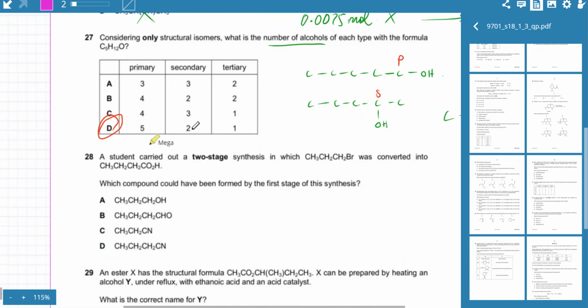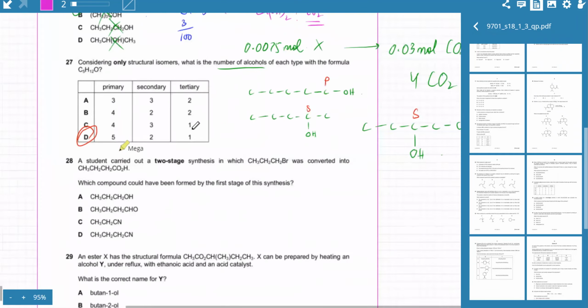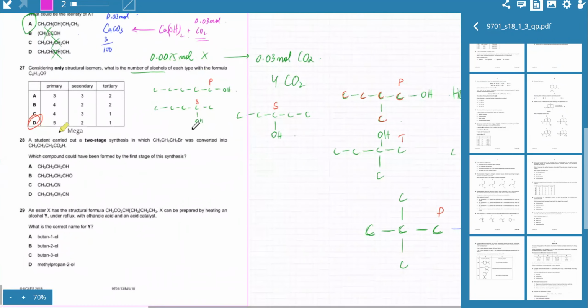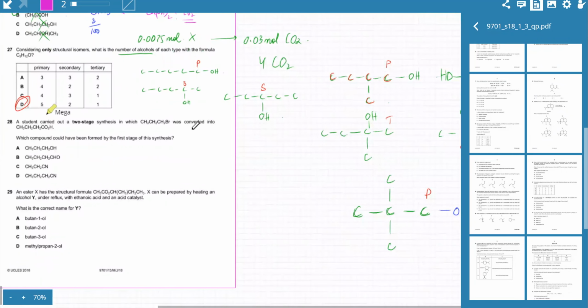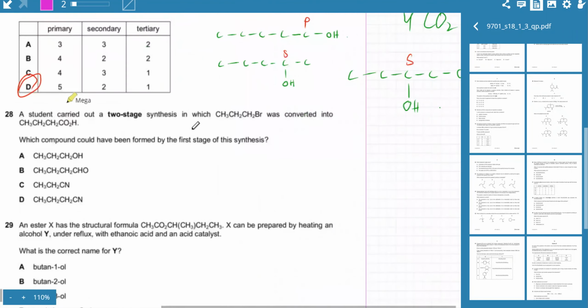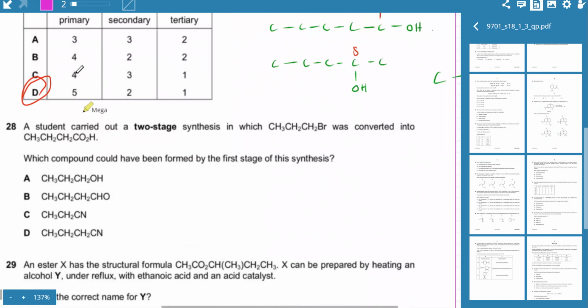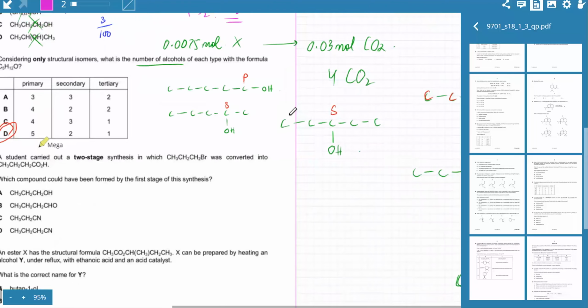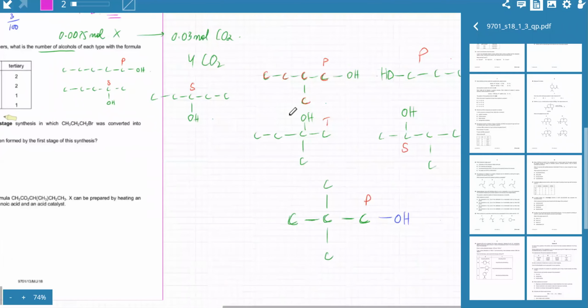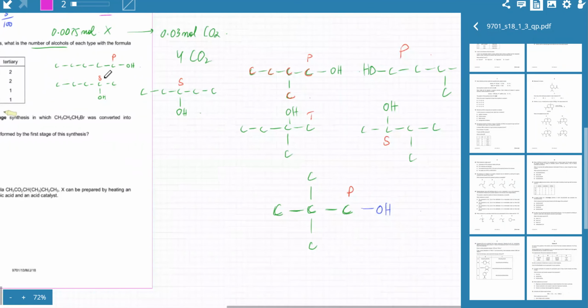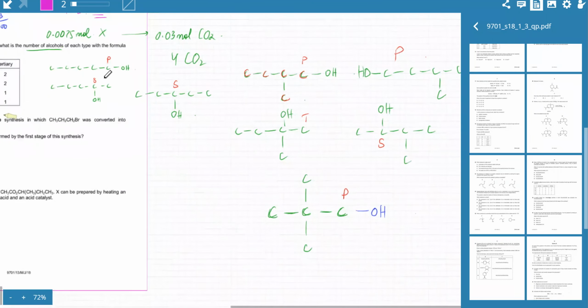Okay, and even with this, you have to really check the marking scheme too. Did we cover all of them or did we miss anyone? Okay, is this clear? And can somebody check if it's D or not? 27 is C in the marking scheme. That means we drew the right number of isomers, but we classified them incorrectly. Which one did we not classify correctly? Actually, the three secondaries. We wrote three. We counted them incorrectly, so we made a mistake in the counting.